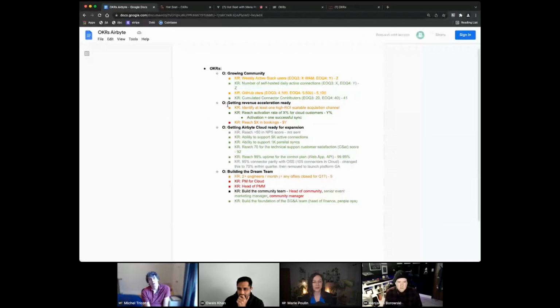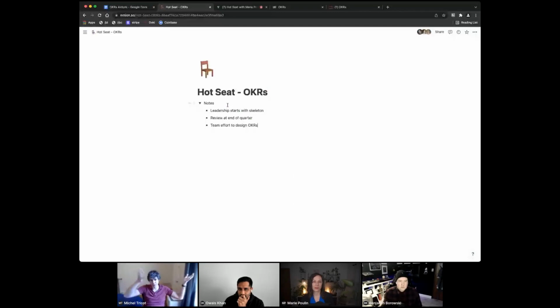So in every company, there is a general idea behind OKRs, objectives and key results, which is figuring out a very focused and strategic goal for the company, and then figuring out how you're going to measure your success towards this goal. There are organizations where you have cascading OKRs, where you have top-level OKRs, and then each team creates their own OKRs for what they're going to be owning for this particular quarter or month or year. But in the end, it's a matter of aligning teams, and it's also a matter of